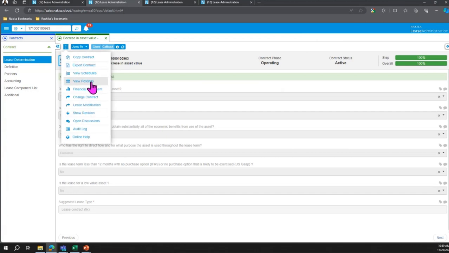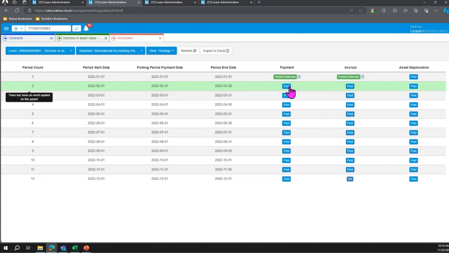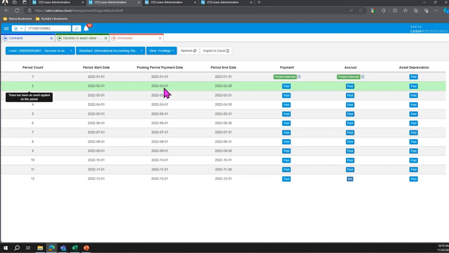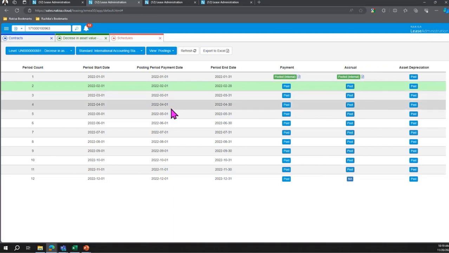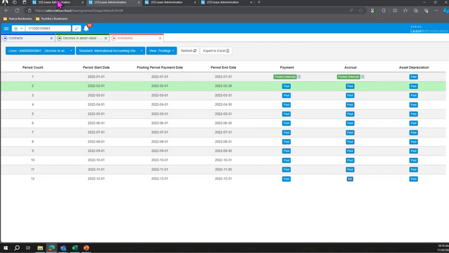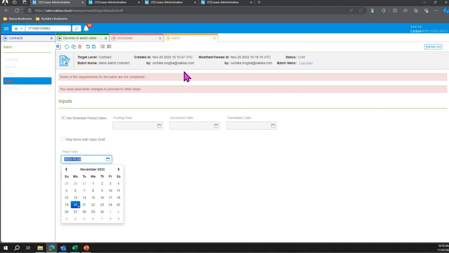So if I go on view postings, I will see right now that these entries have not been posted yet. So for my selection period, I want to start posting in a batch from February 1st, 2022, until June 30th, 2022. So I come back on the section and I say post from